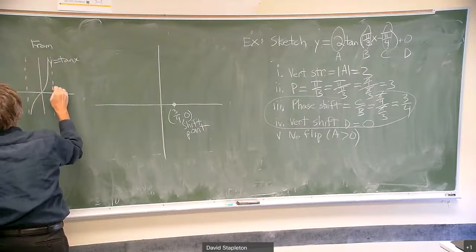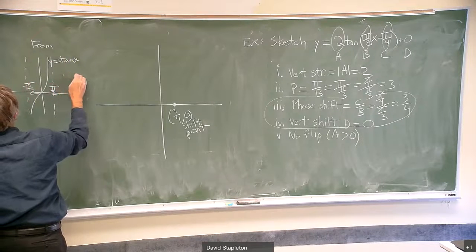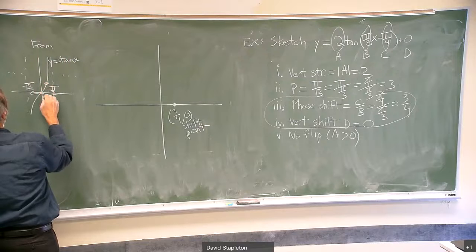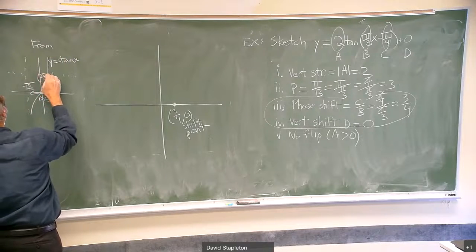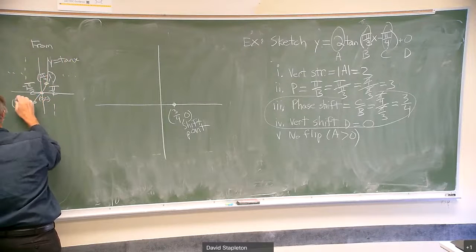It had these asymptotes at pi over 2 and minus pi over 2, and then it repeats. And now these basic points here are the origin, pi over 4, 1, easy one to remember, and its opposite point, minus pi over 4, minus 1, right through